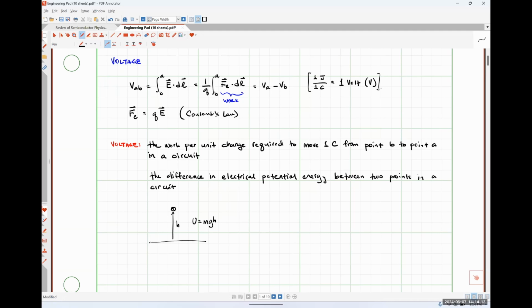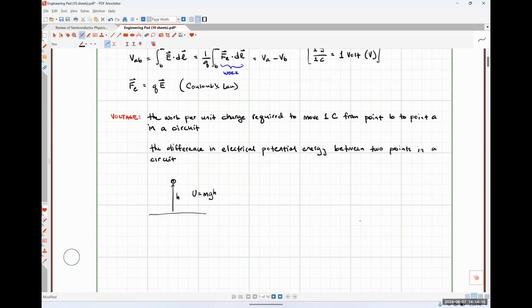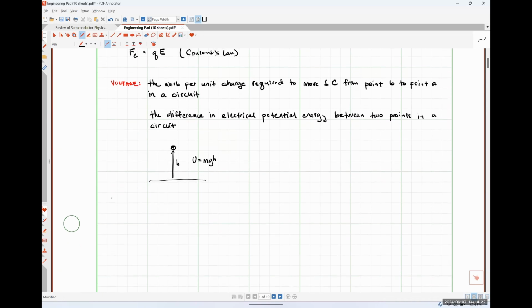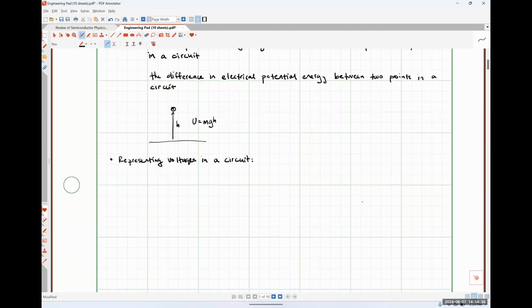Okay. All right. So now let's talk about representing voltages. So there are 3 main ways that this is typically done. Okay. The first way that we are going to talk about is what I'm going to call the American way of representing a voltage. So let's say that we have